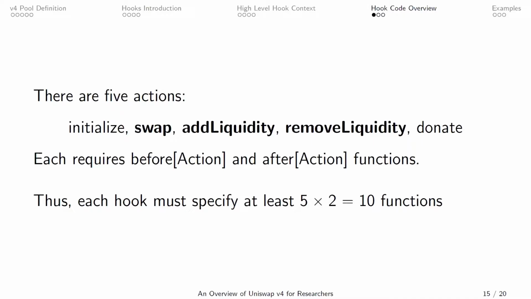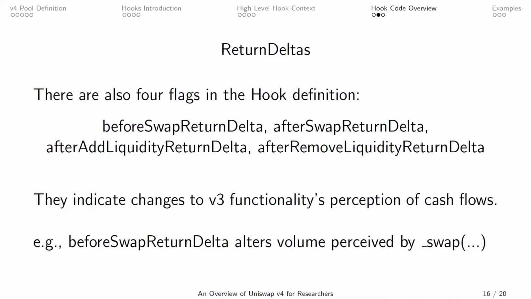You can inherit, again, from base hook in a way that nothing will actually happen. And so essentially you have no code where maybe one of these operations are. But that is in some sense the space to write, that you can write up to these 10 functions, okay? Now there is another piece there, which is there are a bunch of flags which essentially tell the